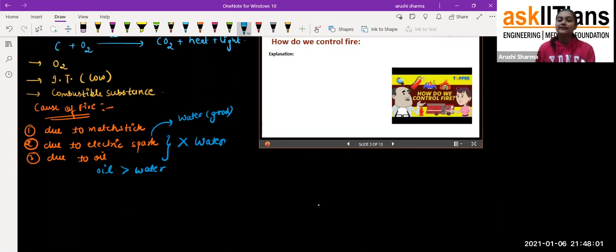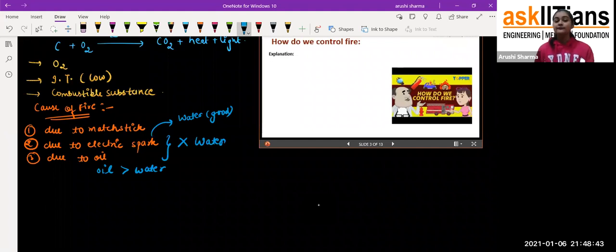So students, whenever we have a normal fire, we can control it using water. We can throw water and the fire gets controlled. But if the fire is because of an electric spark, or because of oil, that means petrol or diesel or something like that, how are we going to control it? What can we do? Students, we'll look at it in one of the videos, but before that, I want you to think of any trick you can use to stop such a fire.